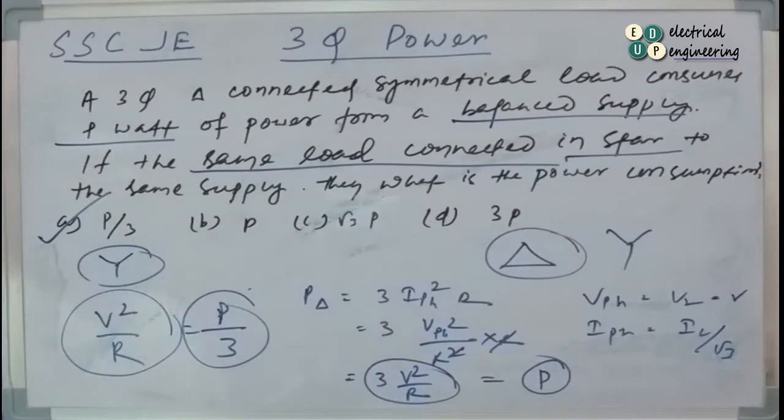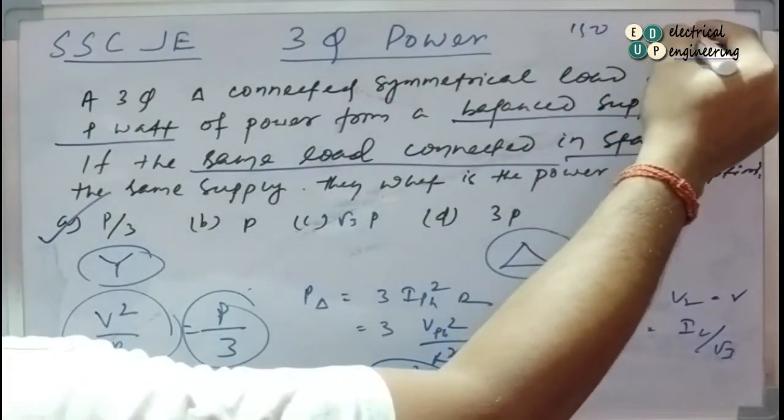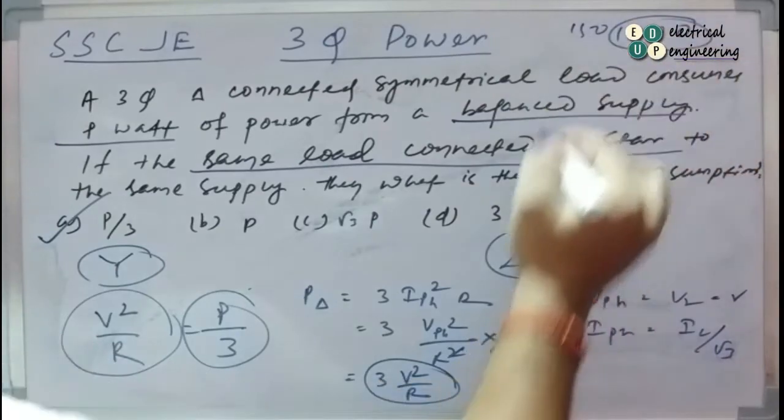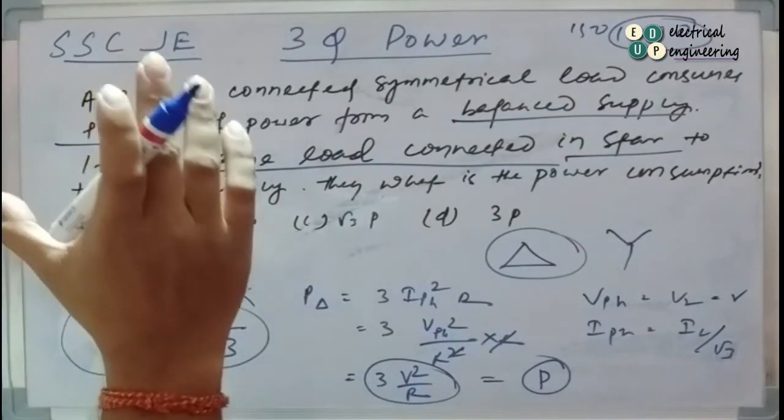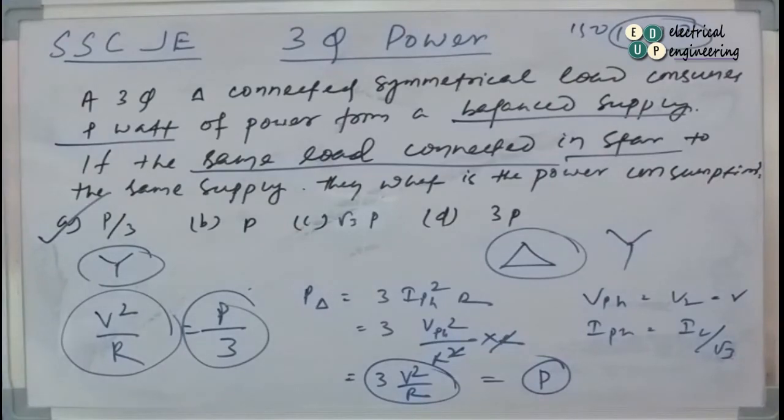And there are 7 or 8 subjects, so this will be 150 into 8, 1200 questions. These 1200 questions are the basic questions. They are going to clear all your concepts and all your doubts. So just give importance to these 1200 questions and then go solve other, similar questions. You will see you can solve them easily.